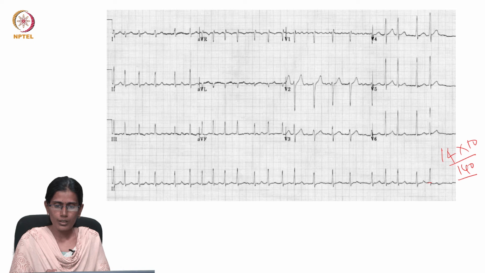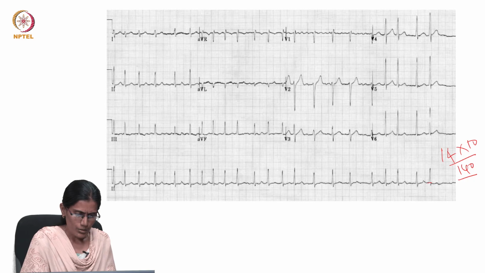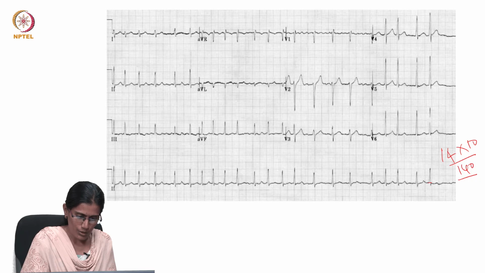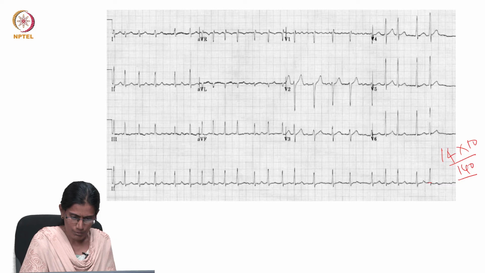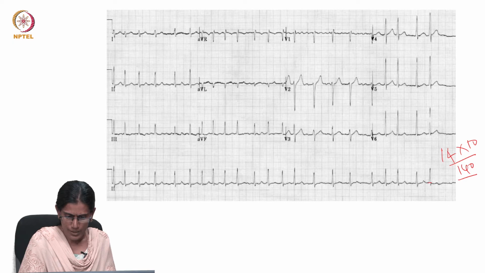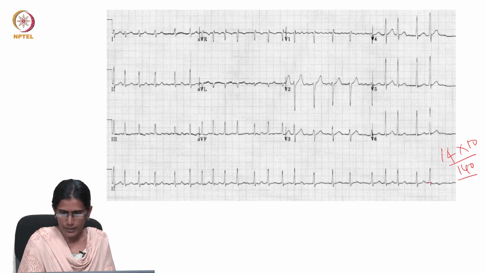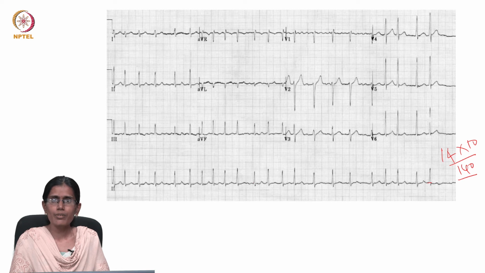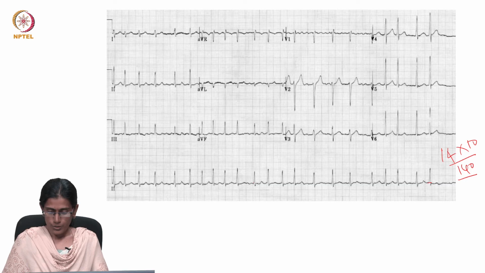So, we are going to look for P waves if there is irregular narrow complex tachyarrhythmia. In the rhythm strip, we are going to look for P waves. Do you see any P wave? This is a QRS complex, ST segment and T wave, no P wave. QRS complex, ST segment and T wave. You see some coarse baseline, especially in V1. They are actually not P waves. So, it is indicative of atrial fibrillation, probably of recent onset. So, this is about